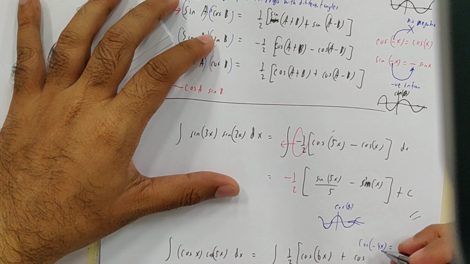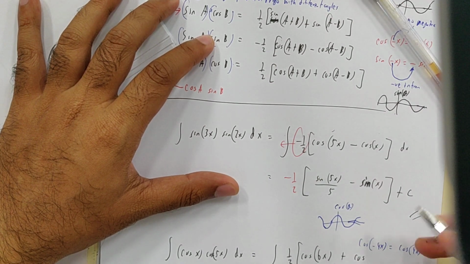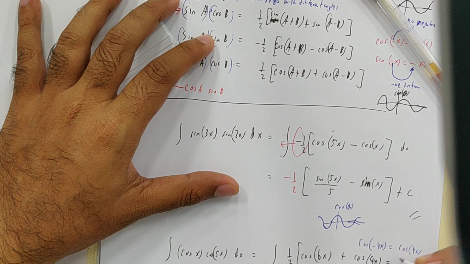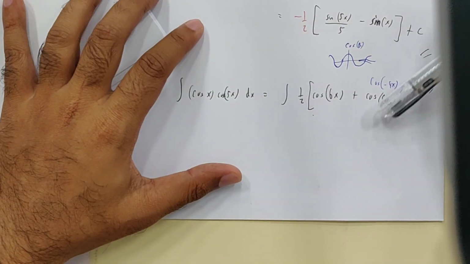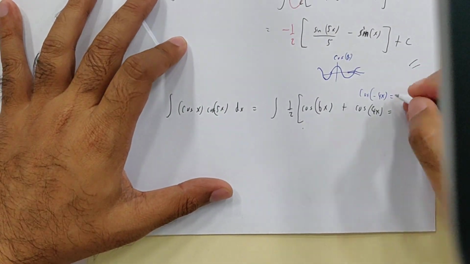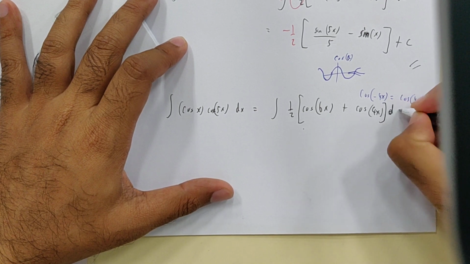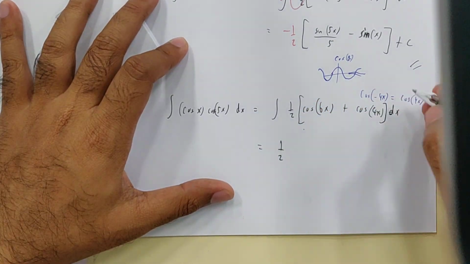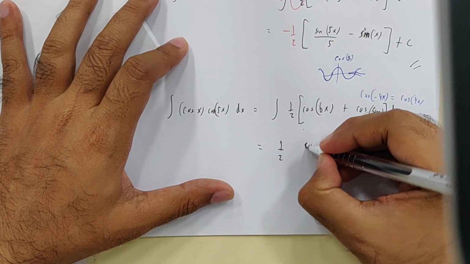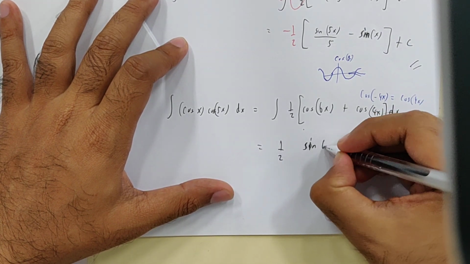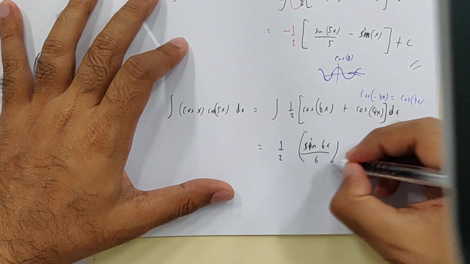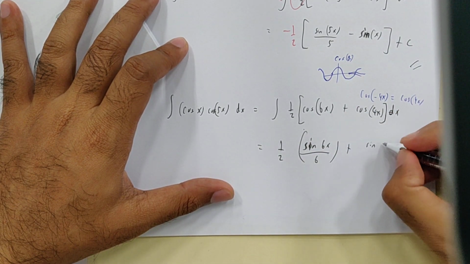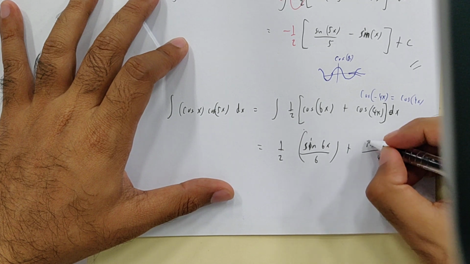Okay, so the answer will be, here is cos 4x. Okay, sorry. So integrating this thing, what do we get? Half, put it outside. Sine 6x over 6 plus sine 4x over 4